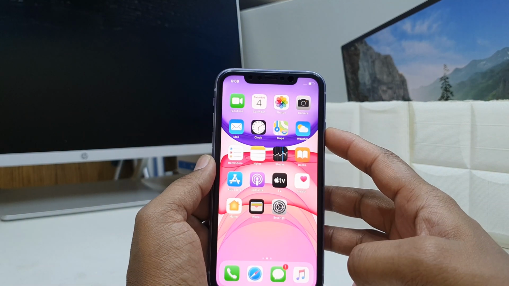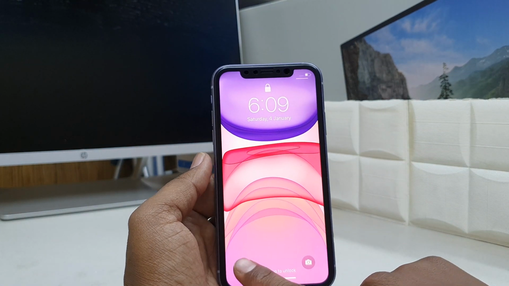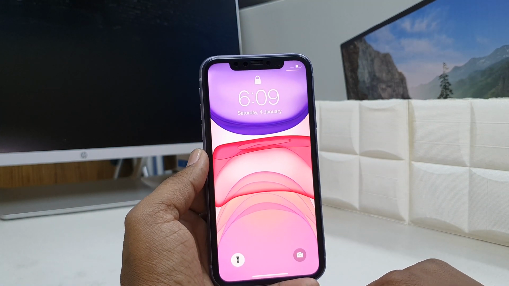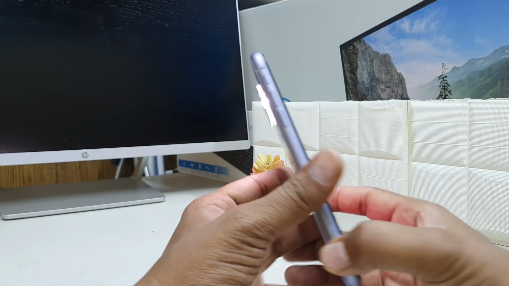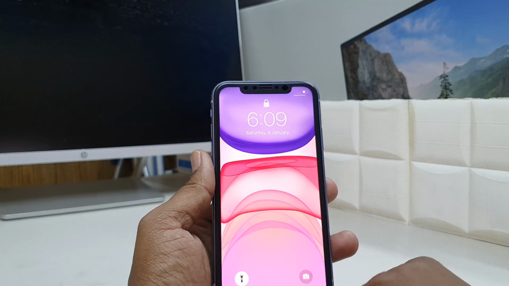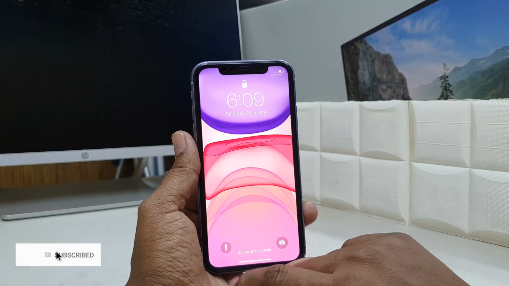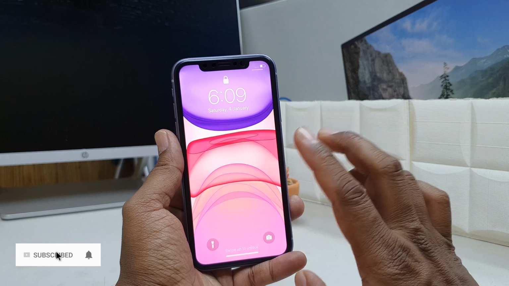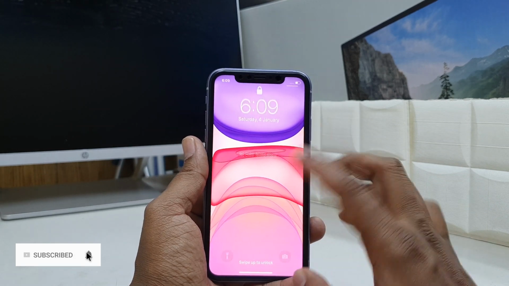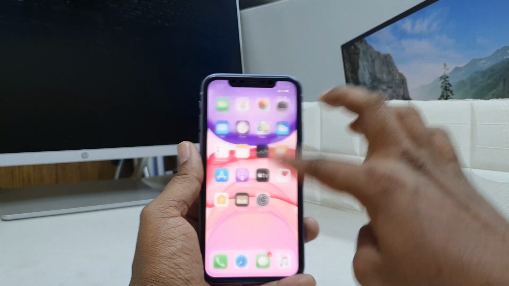For example, I'm in my lock screen and I would like to use the flashlight. Whenever you click this flashlight icon, it's going to immediately turn on the light. You can see here this device's flashlight is on. Anytime you want to turn off the flashlight, simply put your finger here and the device is going to turn off the flashlight. Now there is also another way to turn on your flashlight: simply swipe like this and then